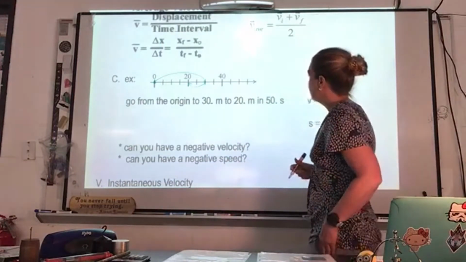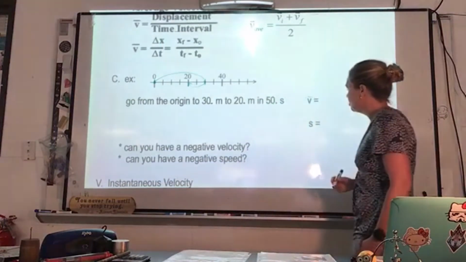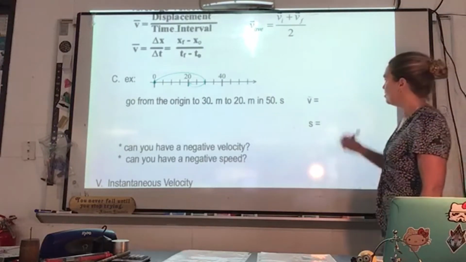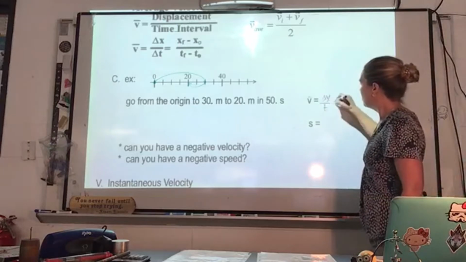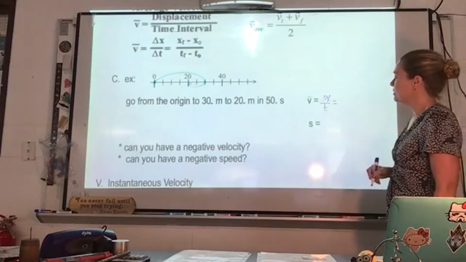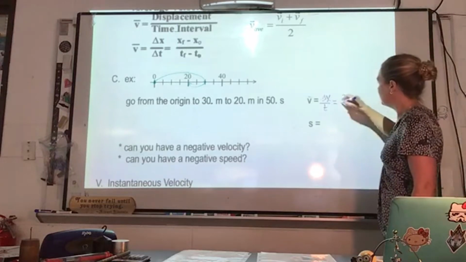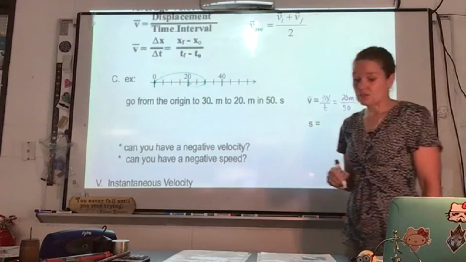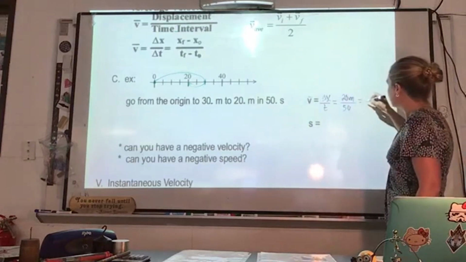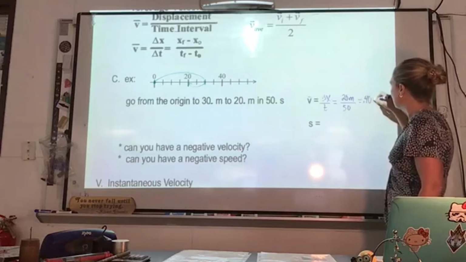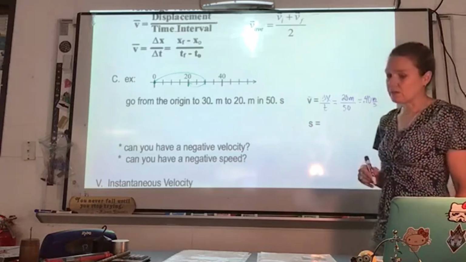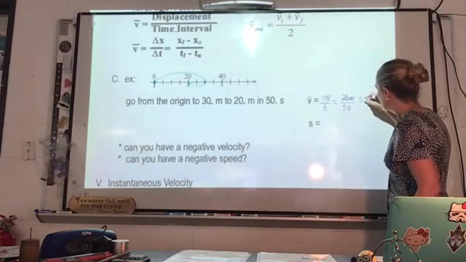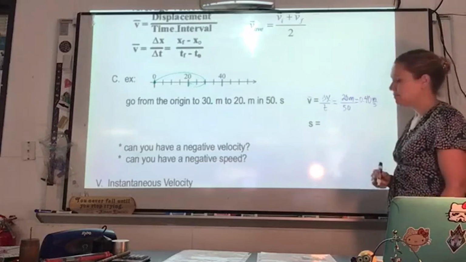Okay, so what are we going to have here? Let's do some math. So if I want to find out my average velocity, what am I going to do? Well, I need displacement over time, and my displacement is 20 meters, right? And I did this in 50 seconds, right? And so I get 0.40 meters per second. All right? So that would be my average, and if you want, so you don't lose that decimal, okay? All right,